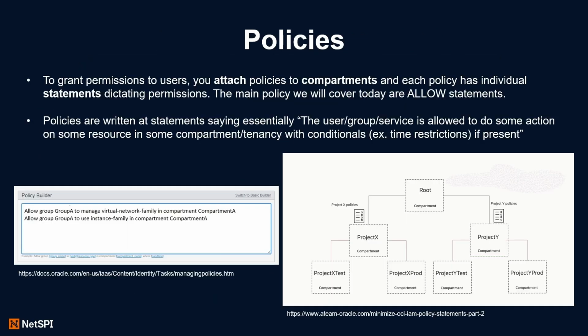One thing to note, maybe going back here real quick, is that when you specify location, you can do either your current compartment or a child compartment. So the policy on Project X here could say, allow Scott to manage instances in Project X test. Even though the policy is attached at Project X, because I've specified this child compartment, my permissions would only work in this child compartment. Or I could say, allow Scott to manage instances in compartment Project X, in which case my permissions would work in Project X and both of these child compartments.